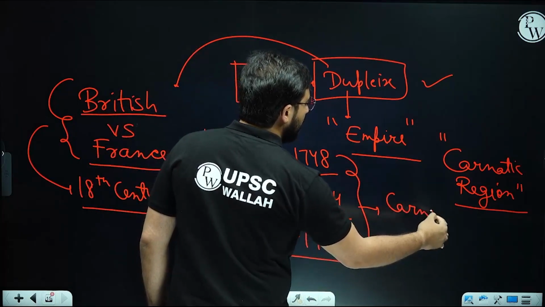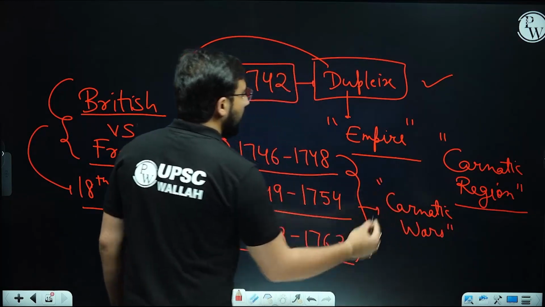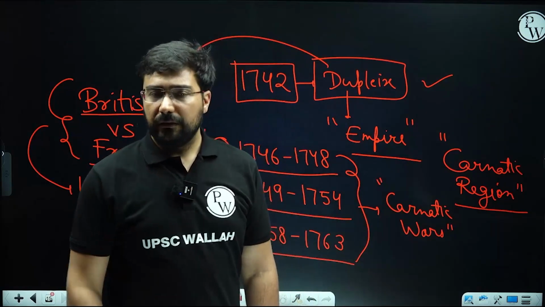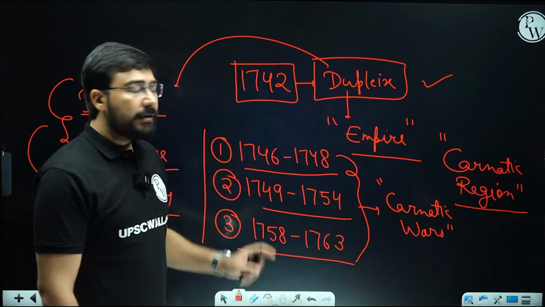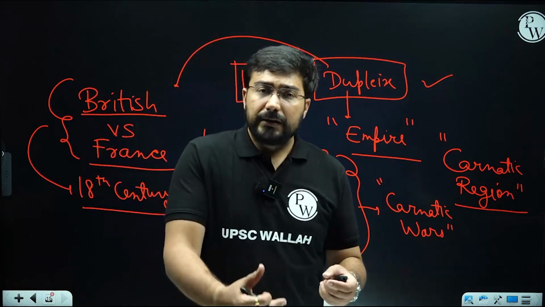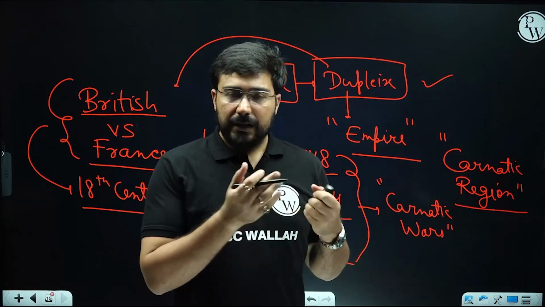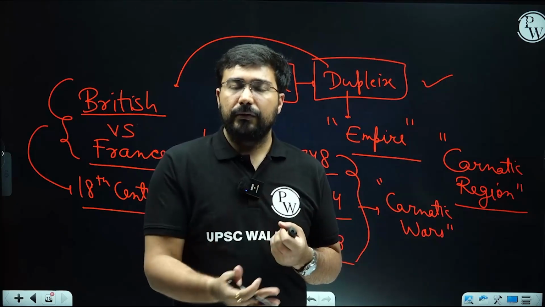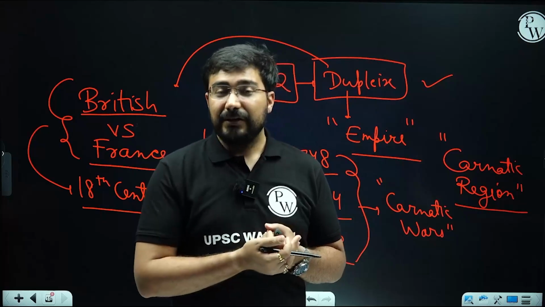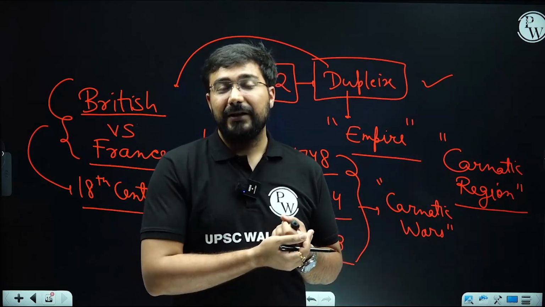Please remember that the first and the third war were largely linked to European politics. They were largely linked to European rivalry. It was not linked to the Indian region as such. The first war, from 1746 to 1748, was largely an extension of the Austrian War of Succession, which was going on in Europe. The English attacked the French. The French got help from the Mauritius governor. They were able to defeat the English in the first Carnatic War. They captured Madras during the first Carnatic War.